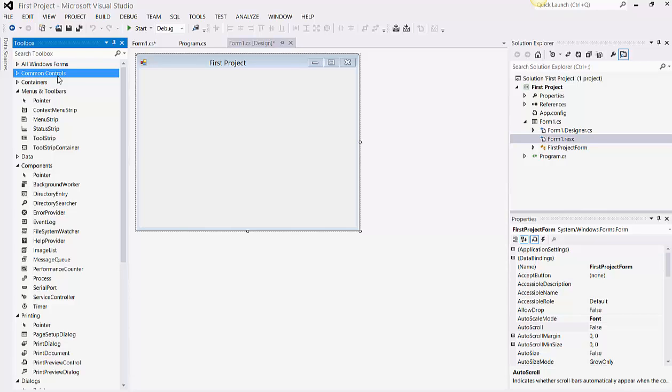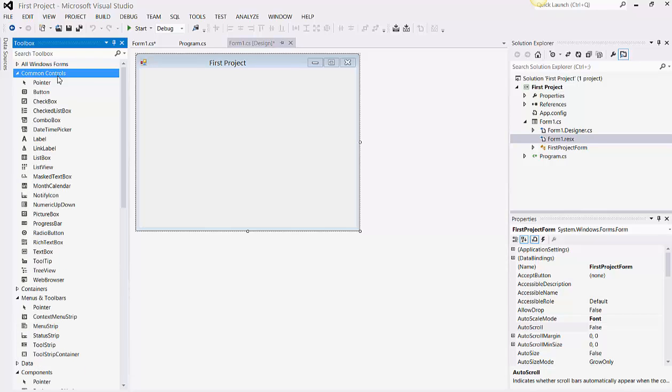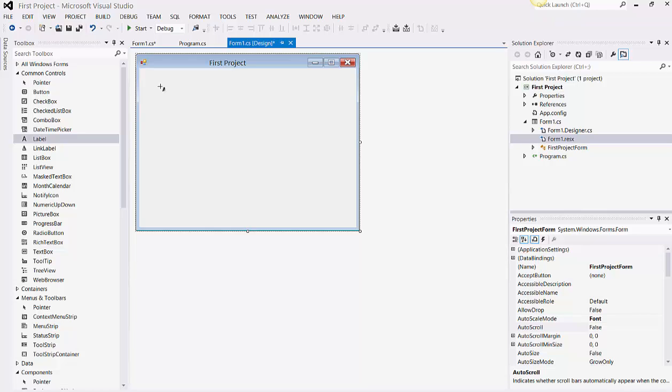So when we go to common controls, click on that, and they are by alphabetical order. Select label, and you're going to see that now when you go to the window, you can actually click and drag and